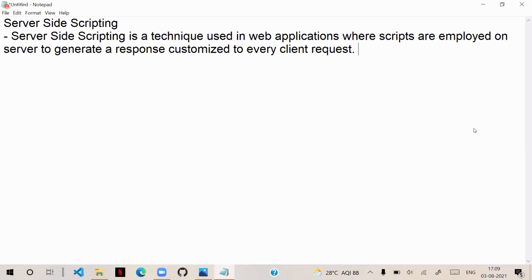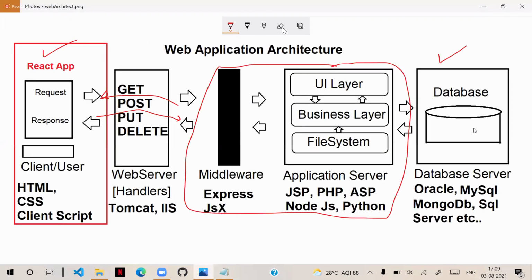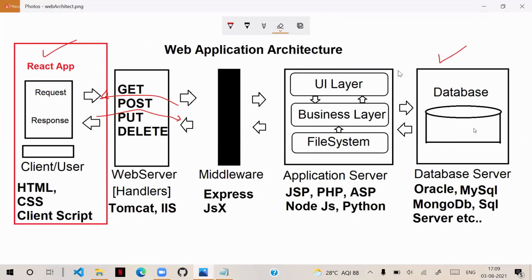Server side scripting is a technique. Earlier, we wrote the scripts on the client side. But now the script is written on the server side so that it will accept the request from the client.